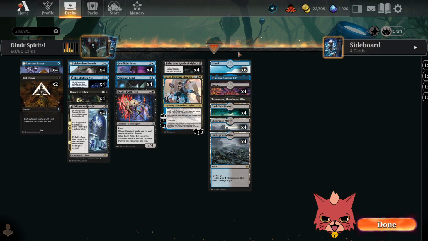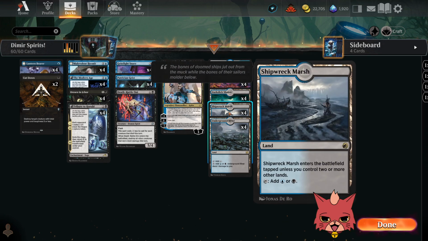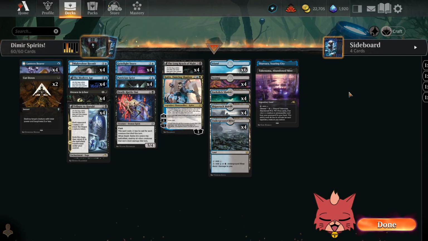I'm pretty excited to try it out, honestly. Soaring City, Abandoned Mire, and opting for all the dual lands. I think they're all going to be equally important in this particular build. We are leaning toward blue, however, so...